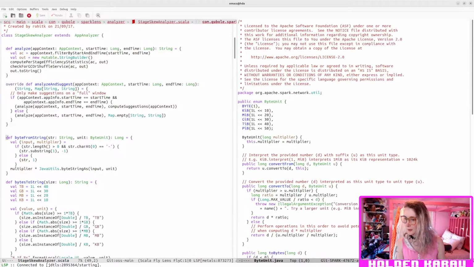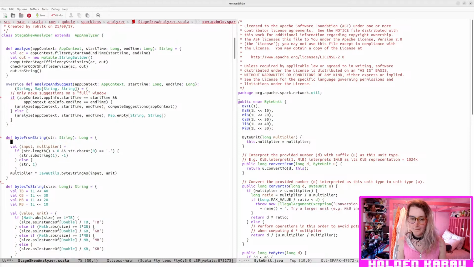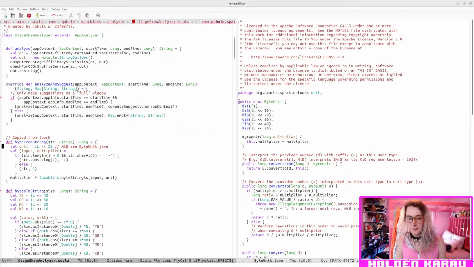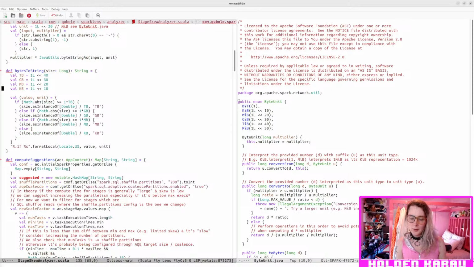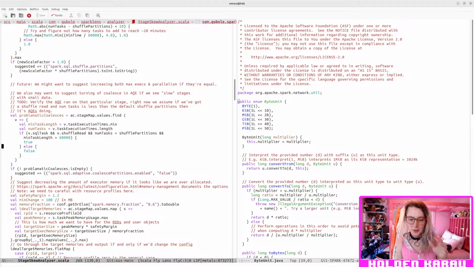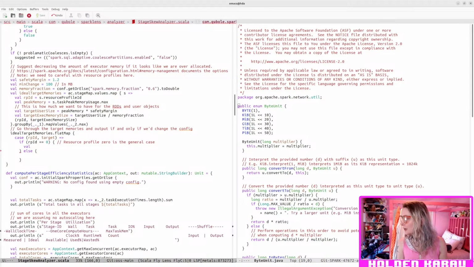Unit. Okay, so there we go. Not perfect, but this gives us an interesting start here where